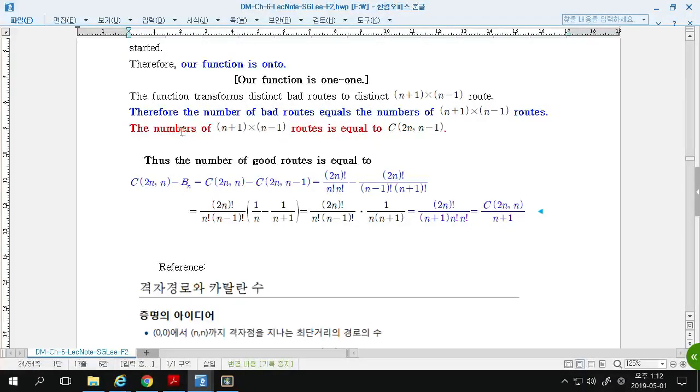Then what do we have? The number of good roots is equal to 2n choose n minus the number of bad roots, which is 2n choose n minus 1. So from this, subtract, that gives us 2n factorial over this minus 2n factorial over this. This can be simplified in this way, which gives us 2n factorial over n plus 1 factorial times n factorial, which is the same as 2n choose n over n plus 1. This number is called